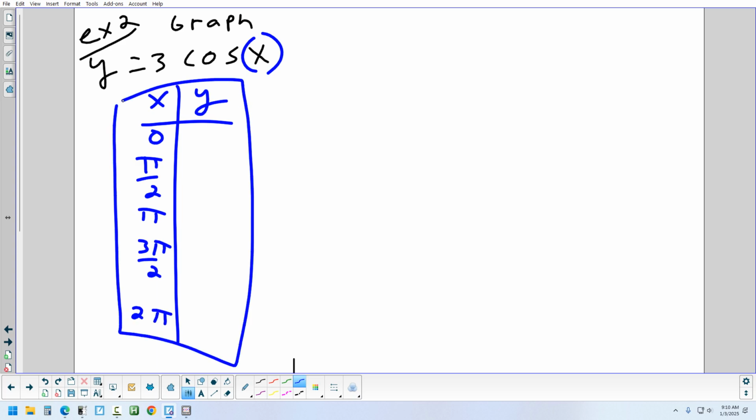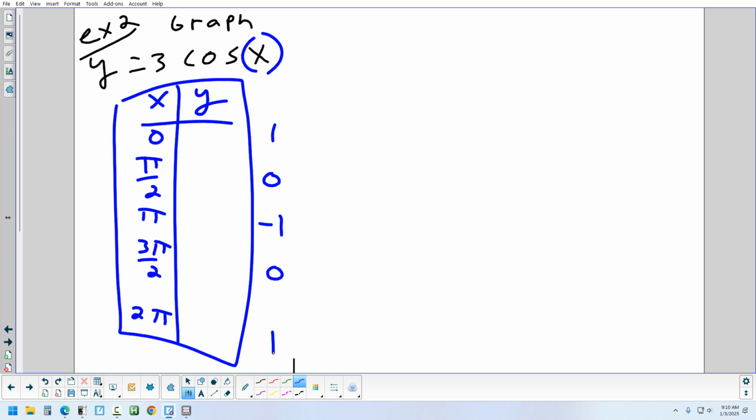Okay, I know all my y values are going to change, but for reference, I'll put the original on the outside. Holly, what are my original y values for the cycle of cosine that we graph? 1, 0, -1, 0, 1. Yep. And for those that were absent yesterday, I don't want you to think these are the only y values